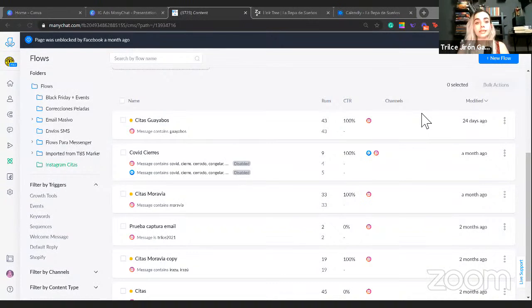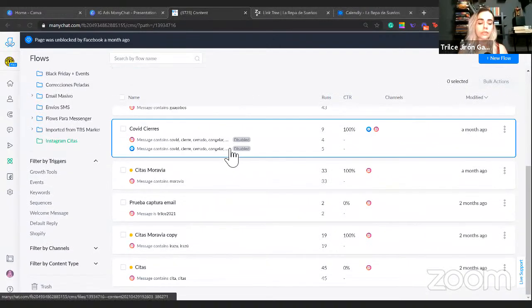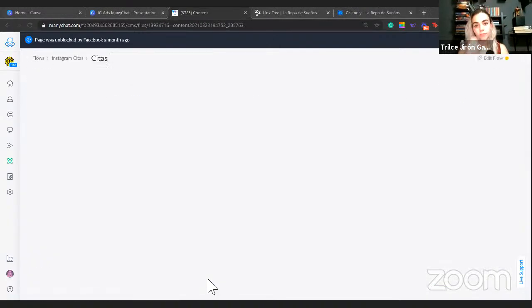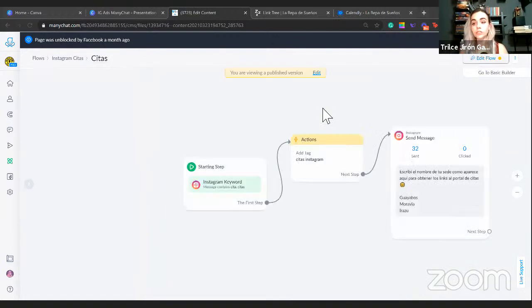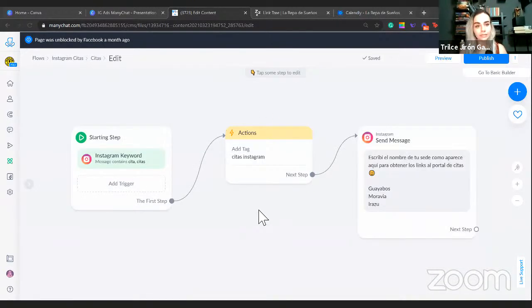Some devices like desktop and some versions of the app do not show quick replies. So my workaround is what I call the tag-based logic, and I really like it. So that way, what we have here, let's edit this. As you can see, the flow builder is exactly the same for Instagram automations. You have your beautiful keyword here. And what I'm going to do is, when people use the keyword appointment or appointments, plural,